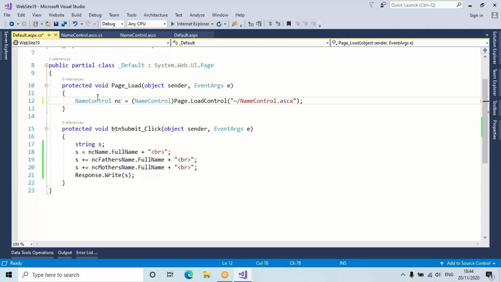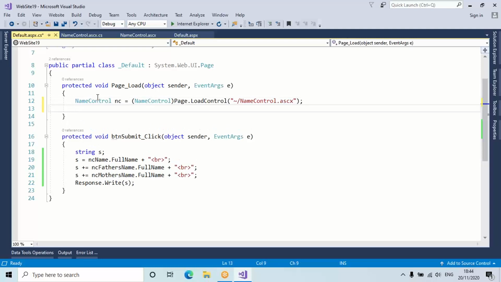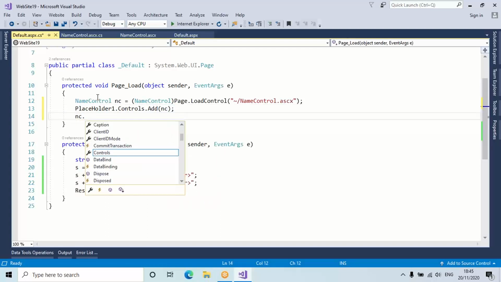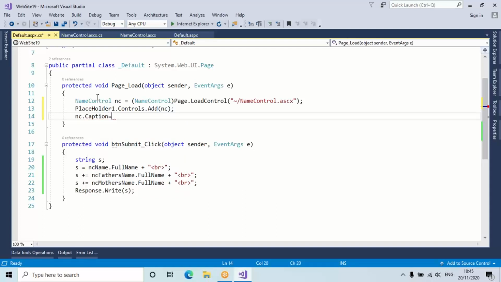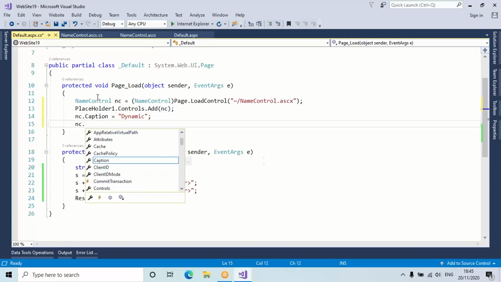We brought it from where? Name control class. Now what do you need? Placeholder one dot controls dot add name control. You want to give nc dot caption. We created property there. There I want to have something called dynamic, and then nc dot full name